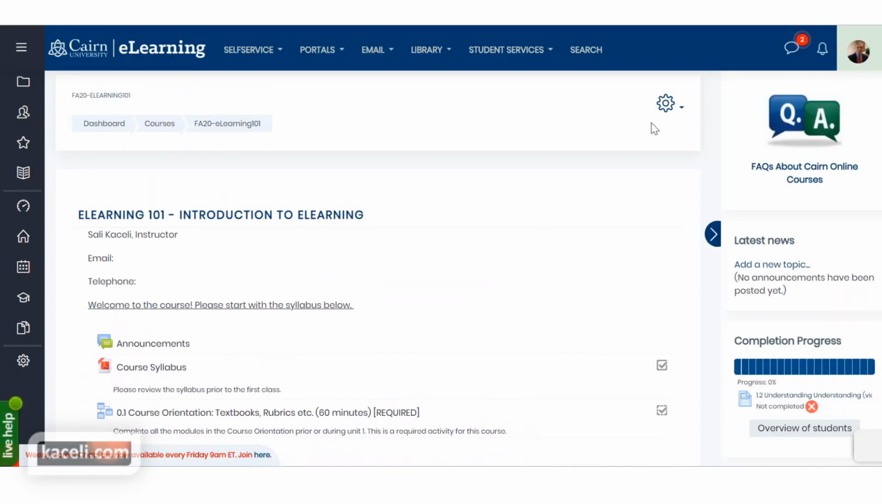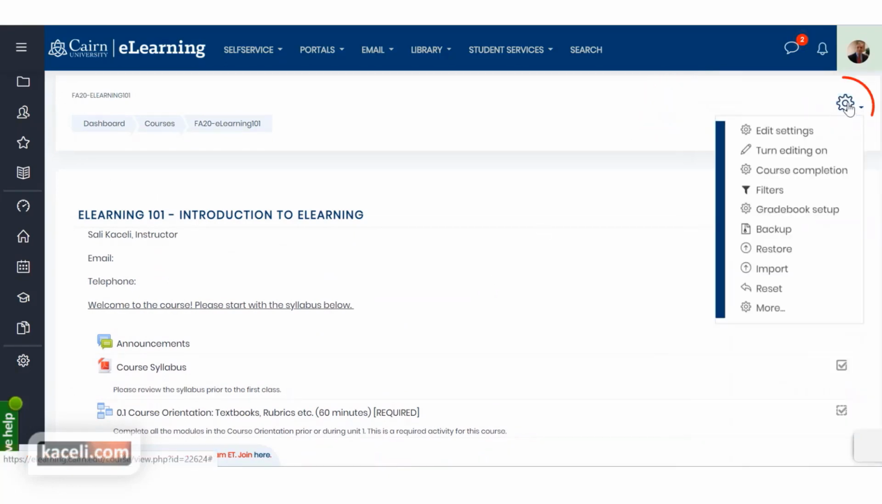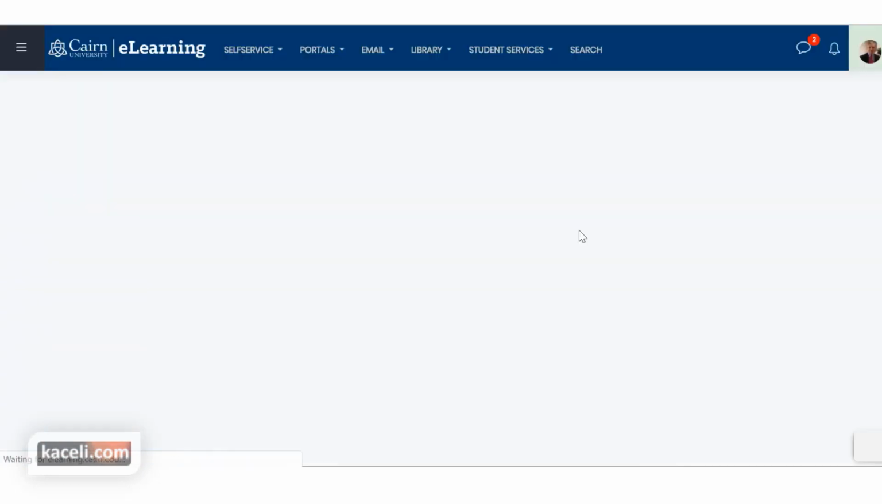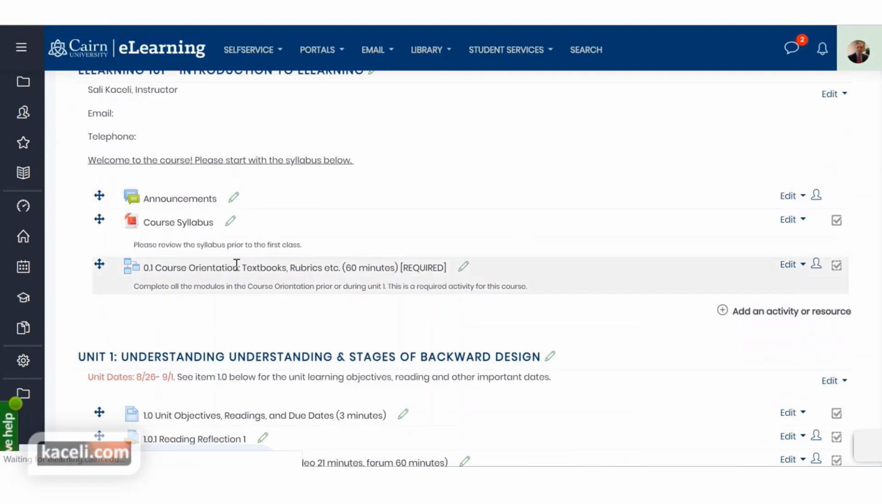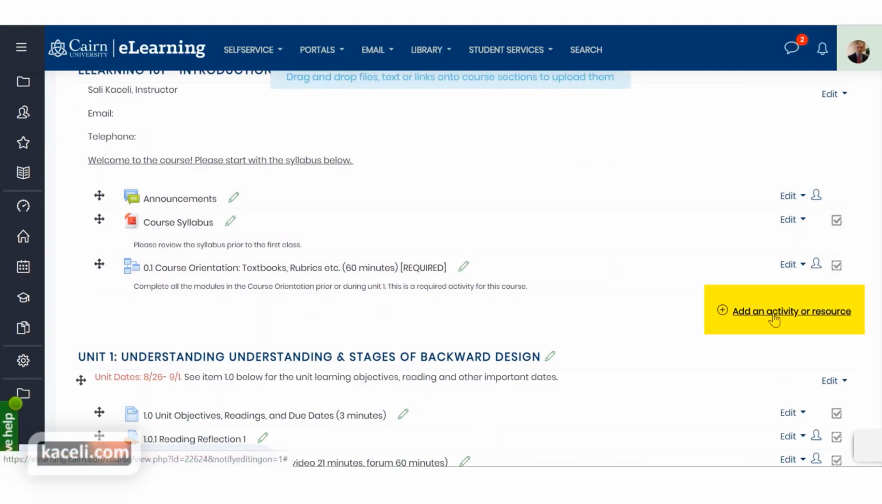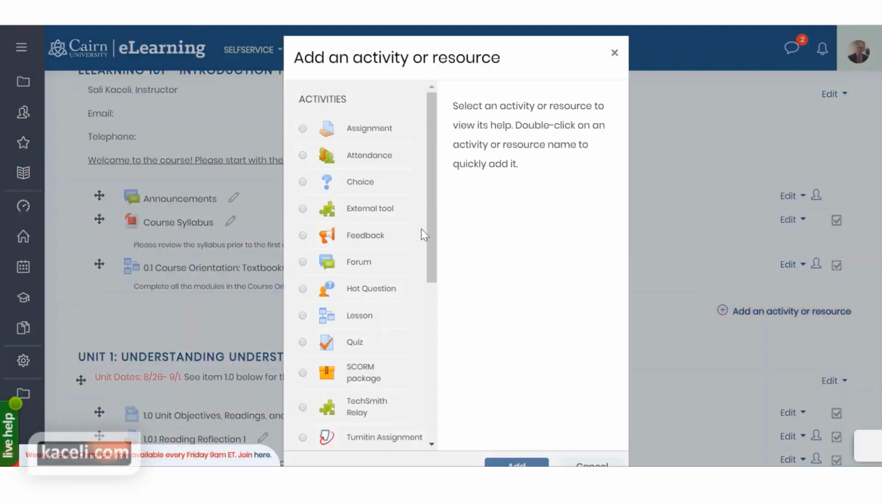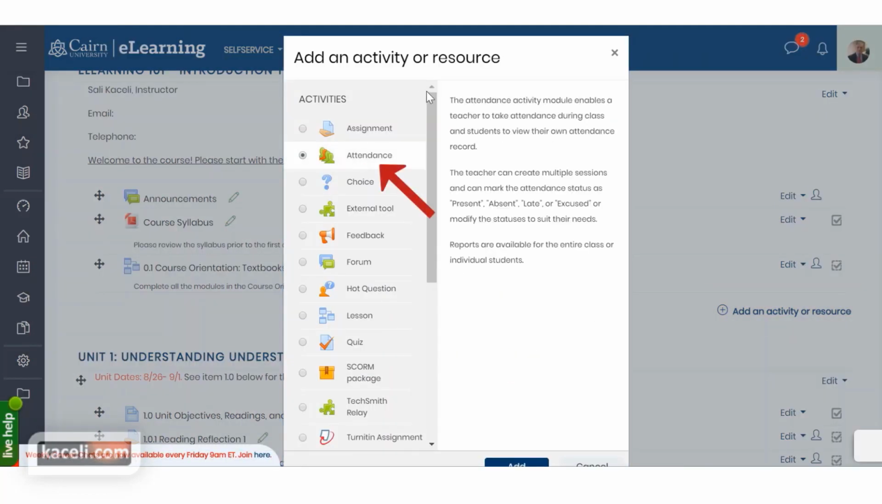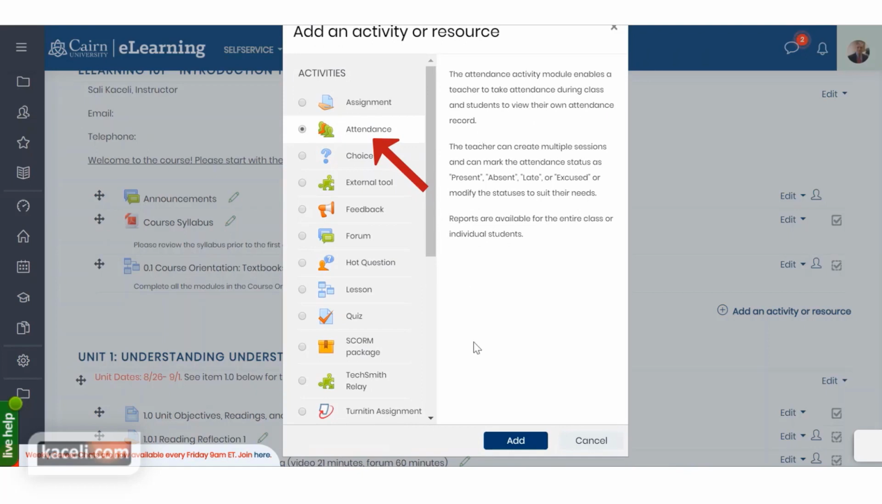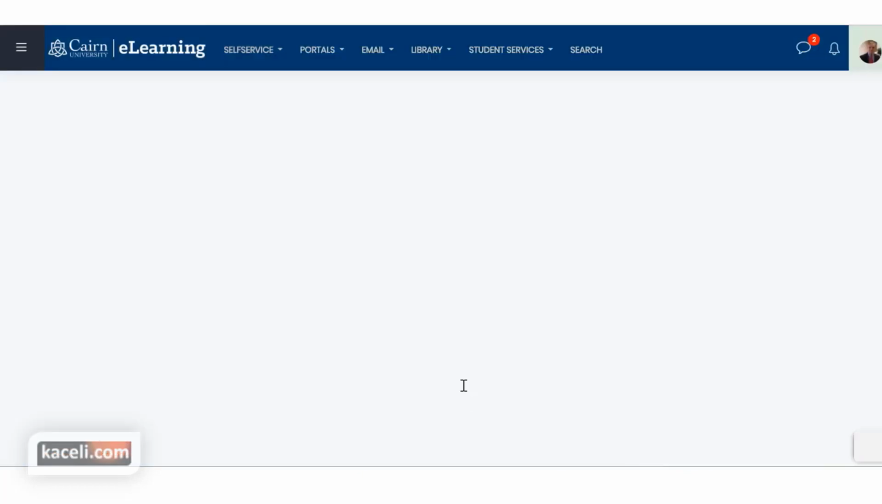So to create the attendance module, we first need to turn editing on in the course. So we click here on the gear icon, then click on turn editing on, and then typically you'd put the attendance somewhere at the very top of the course here. We click on add an activity or a resource, and then we choose the option for attendance. Then click on add,